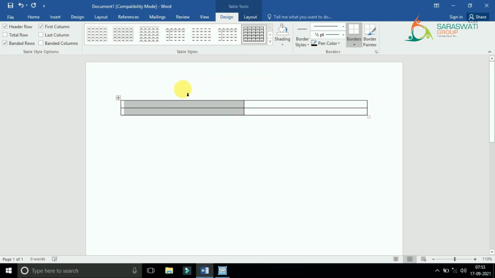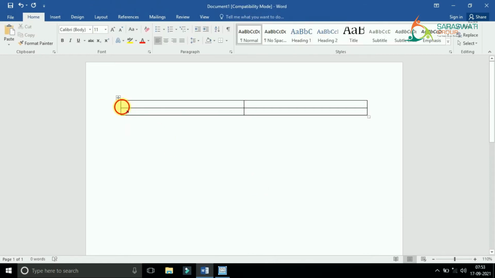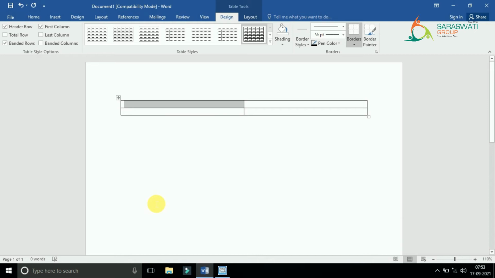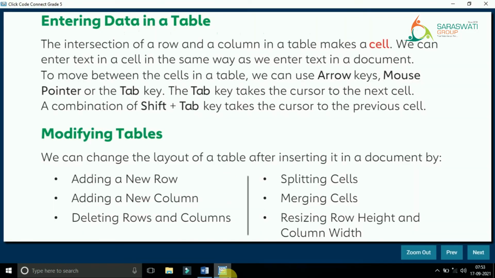Here I can say that this one, which is highlighted right now, what is that? It is a cell. It is known as what? Cell. Okay, right, that is where the horizontal line and vertical line meet each other. So that is known as intersection. Intersection of rows and columns is what? It is a cell.